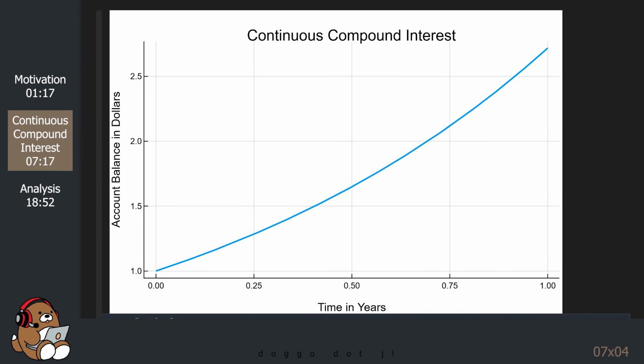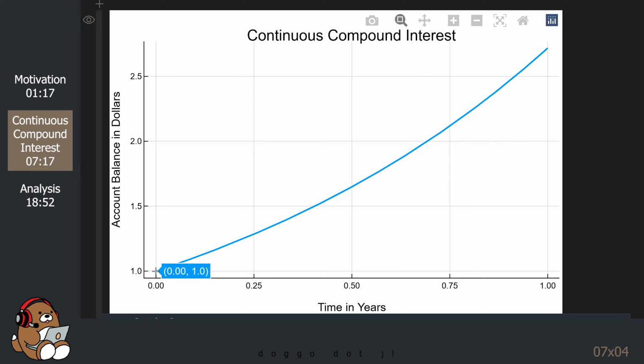This plot is the visual representation of the solution to Bernoulli's thought experiment. As you can see, at time 0, the bank account balance is $1, which is just our original deposit.